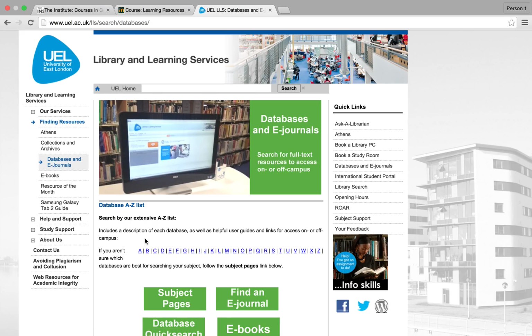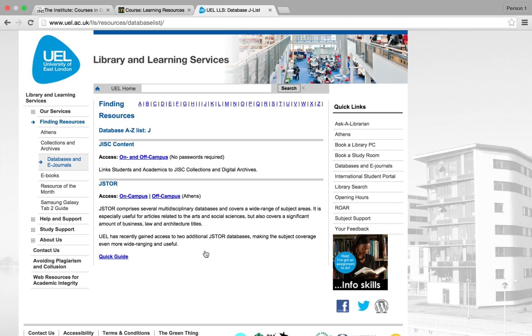But what I think is probably the most useful to you as a starting point is a database called JSTOR. JSTOR has content of subjects related to the arts and humanities. So obviously music falls within that. So it's an excellent resource for music students. It's spelled JSTOR. So I'm going to click on the J here,